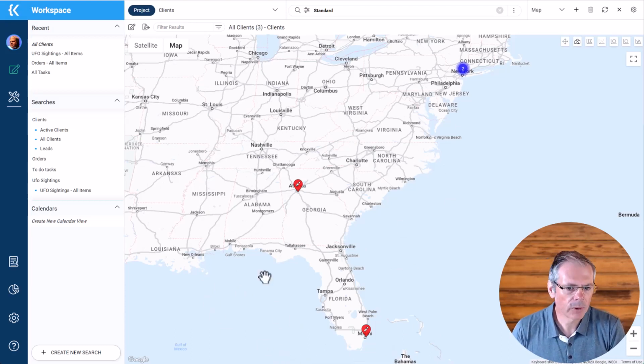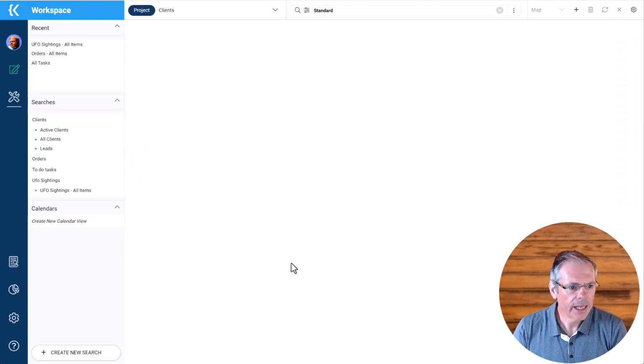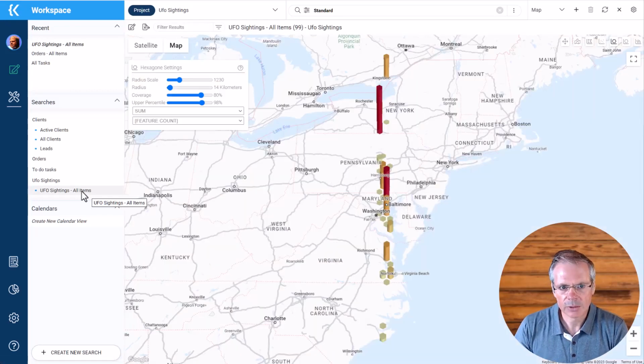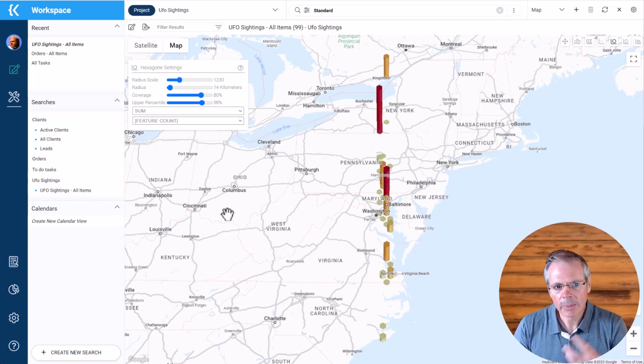The other part I wanted to show you today is the visualization of the data. So I had a little bit of fun here and I uploaded some UFO sighting data into Kohezion. Let me execute the map. Here's the map. We have a few points. We have about 100, 99 actually, and we can see the data on a map in different fashions to allow to